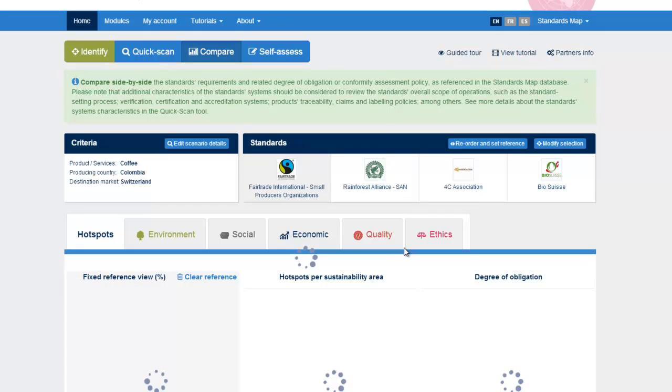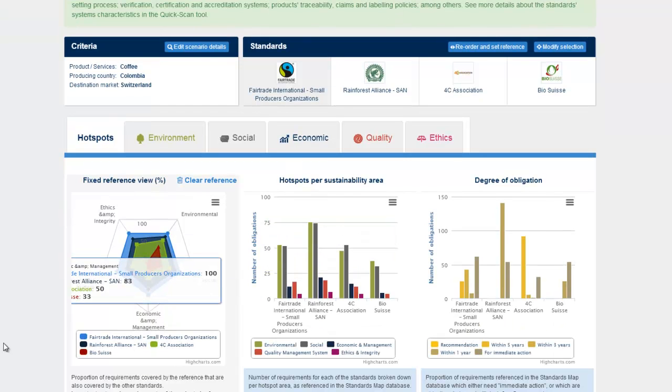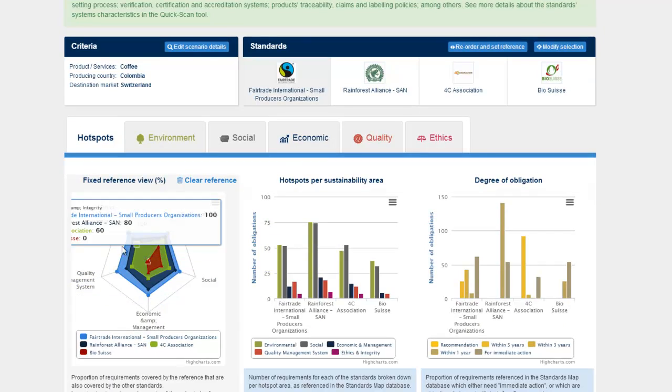This is where I want to be. This is my fixed reference. And what the system will do is that it will set Fairtrade International SPO as your 100%. So it will take all of the different environmental, social, economic, quality, ethics requirements of Fairtrade SPO and set them as the 100%